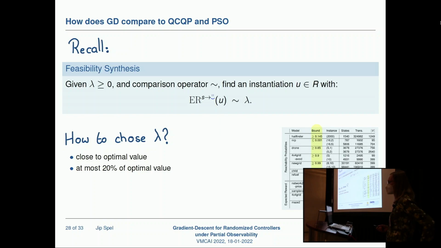Thank you. And about this 20%, how do you come up with this number? Do you have a sense of in what cases non-optimal results are still good enough for the given application? No, so we actually looked at 10, 20, and 30%, and we saw that at 20%, the results for PSO and QCQP were improving. So we decided to stay with 20%, but it's more like, we just wanted to try it, and we tried different ones, and 20% also looked better for QCQP and PSO. Okay, good, thank you.